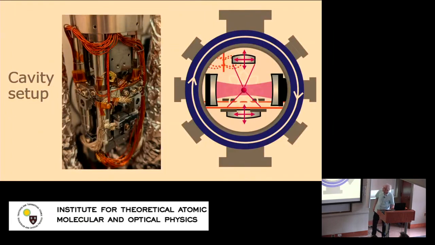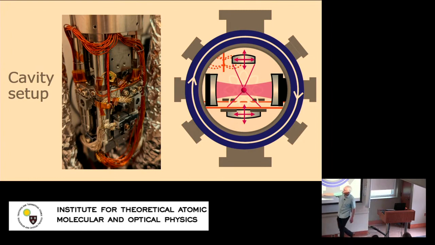Okay, so this is our system that we set up. The old mirrors that we got from Monica would have allowed us to have a cooperativity of 10 or 20. We now use other mirrors that had a different top layer, which allow us to have a cooperativity of 2 or so. This is the setup that we have: 2 cavity mirrors, maybe 3 centimeters or so apart, some aspheres inside the vacuum with quite high NA. This one is 0.55 NA to be able to image single atoms.